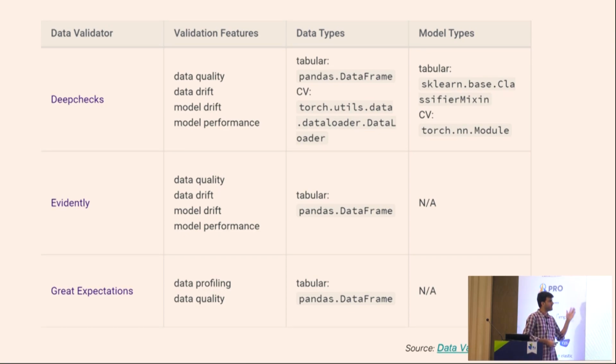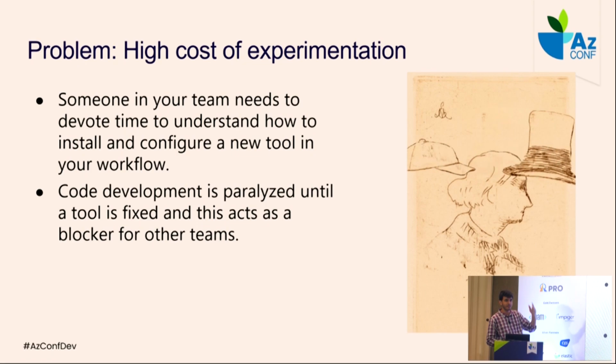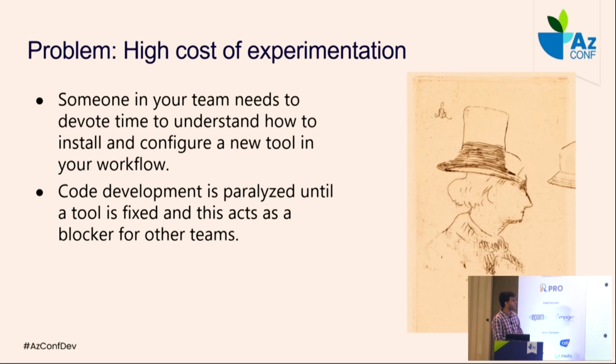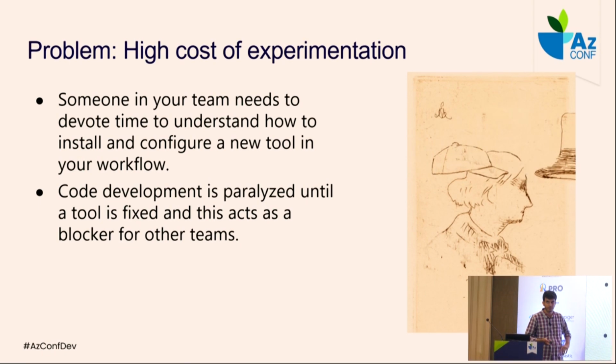But even the documentation itself is not sufficient, right? You cannot rely just on this documentation to figure out the right one. You also have to experiment yourself, as I said before. You have to try each of these out, and then maybe figure out what is right for you. Yeah, this is already something I covered. I just skipped past that previous slide. So again, the first problem is the high cost of experimentation, as I said. You have to learn the tool. Then you have to develop all these things, and it also blocks the rest of the development effort.